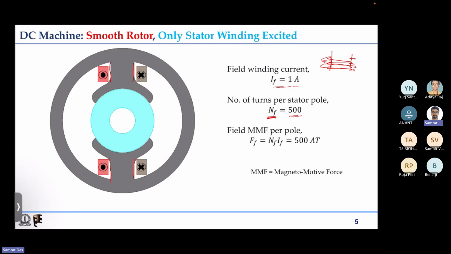So the field MMF, what do you mean by MMF? MMF is magnetomotive force, that is analogous to EMF in electrical circuit. So field MMF per pole is nothing but number of turns into current, that is 500 ampere turns for this case. So this is the first case which we